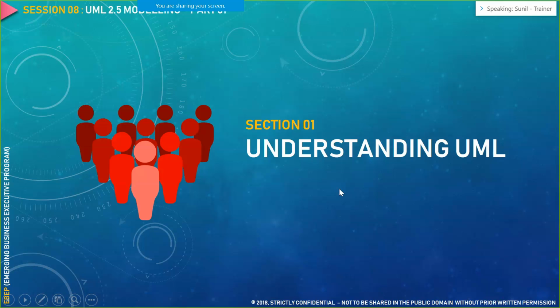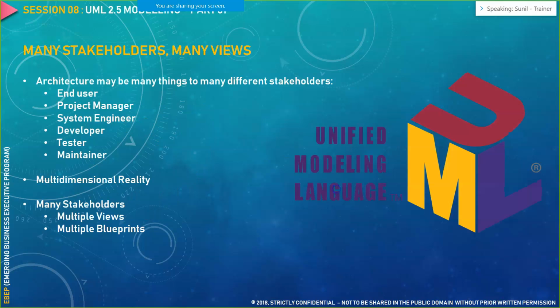We'll begin our session by understanding what is unified modeling language. Like I said, many stakeholders would have different perspectives around a particular requirement. For example, how an end user would interact with a particular system, how an operations person would interact with a particular system, or how an admin person would interact with it. They have their own flow to follow when interacting with a system. The system would be the same, but every user would have their own perspective or view around interacting with it.